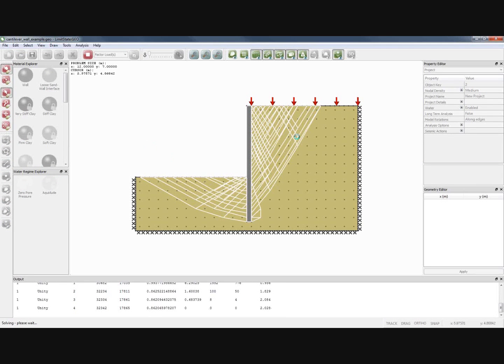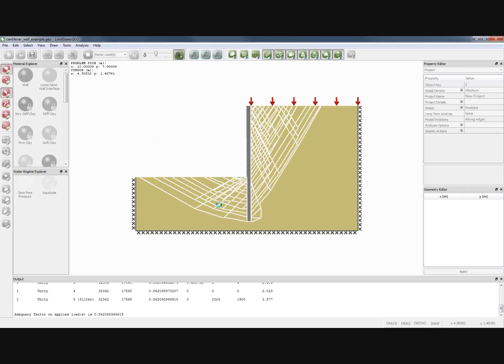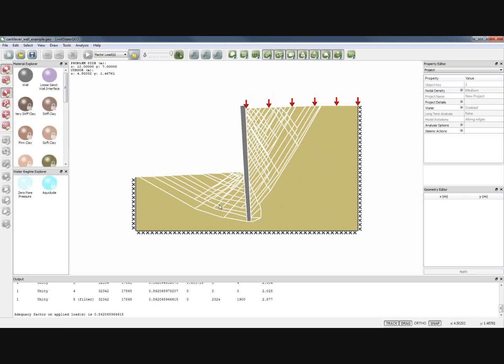So we get two wedges, which we might expect, the sort of shape we expect for active pressures behind and passive pressures in front of the wall. And we find that actually that surface surcharge is slightly too high. It needs to be multiplied by 0.86 to give us actual stability. I've modeled this wall as a rigid block. If I click on the block,